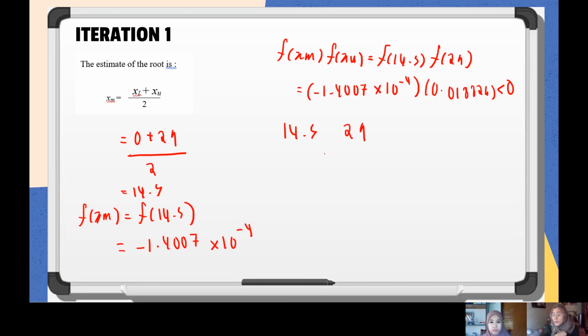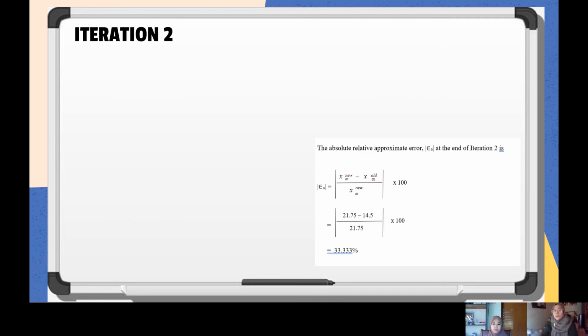Therefore, the lower and upper limits of the new brackets are this is the new xl and this is the new xu. But at this point, the absolute relative approximate error cannot be calculated because we do not have a previous approximation. So we will be moving on to iteration 2, 29 divided by 2, which will give us an amount of 21.75. So insert that into our function earlier,